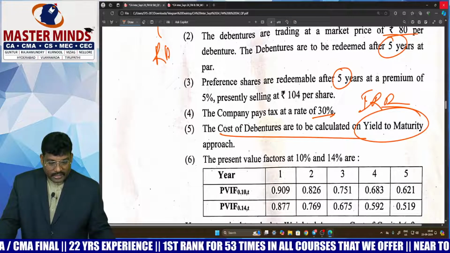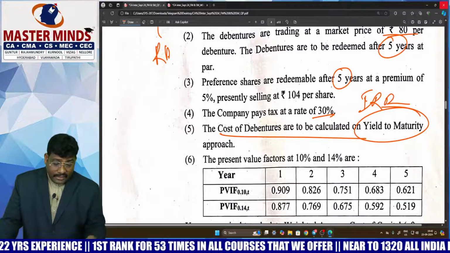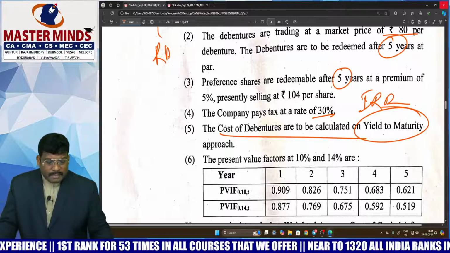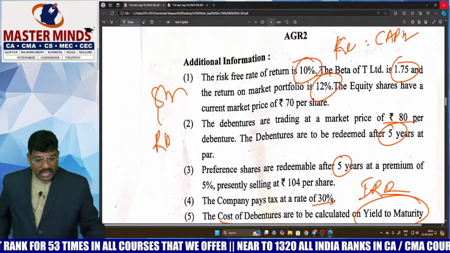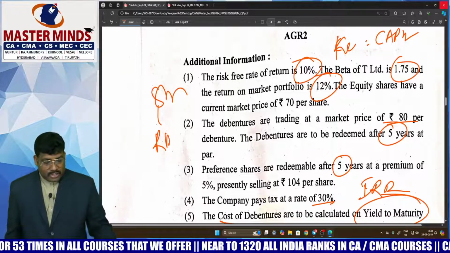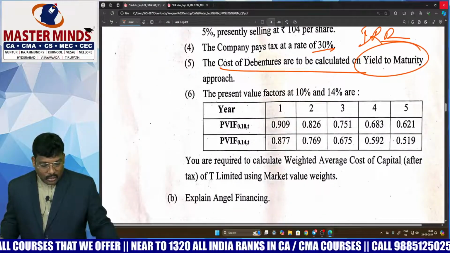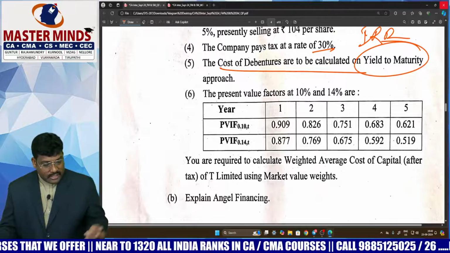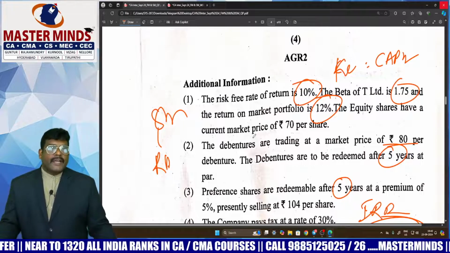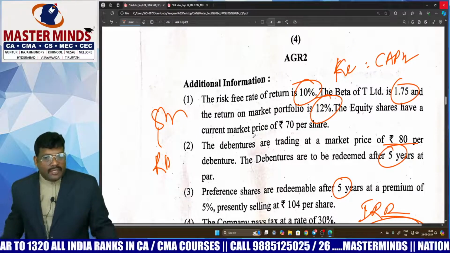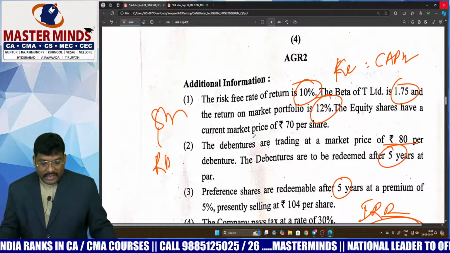Okay, yeah. Thereafter present value factors. I told you several times in class, don't worry about the factor values, they will give you. But this problem is very simple. You have to calculate KE basing on the CAPM approach, and the debenture you can calculate by the YTM based approach. Preference share is redeemable, so you can use a shortcut method to find it out. Once the specific costs of capital are estimated, you can calculate weighted average cost of capital basing on market value. Treatment of preference share is not an issue here, and the flotation cost treatment is also not needed. That's why the problem is really easy.